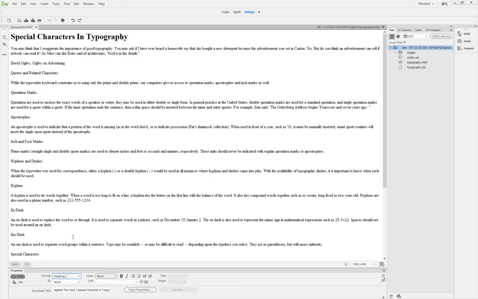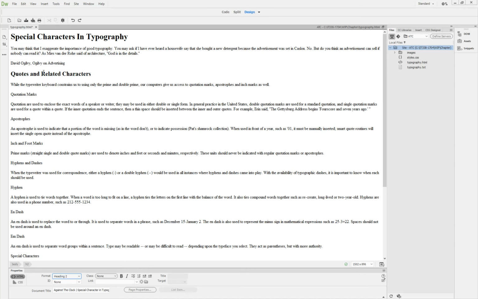And what we want to do is we want to input the insertion point in quotes and related characters, which is rather easy. So find quotes and related characters. And we're going to put a heading 2 tag. And notice that it's bolder and bigger, but not as big as the heading 1. Then number 4, it says we go to quotation marks, apostrophes, and inch and foot marks, and we're going to use a heading 3. So here is quotation marks, heading 3,